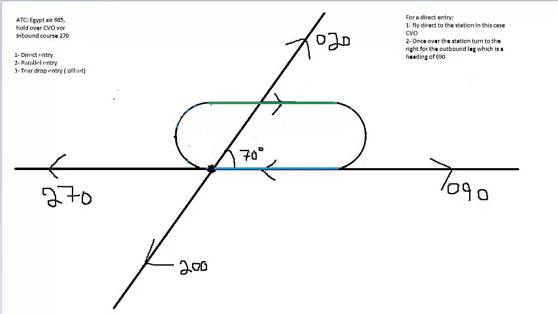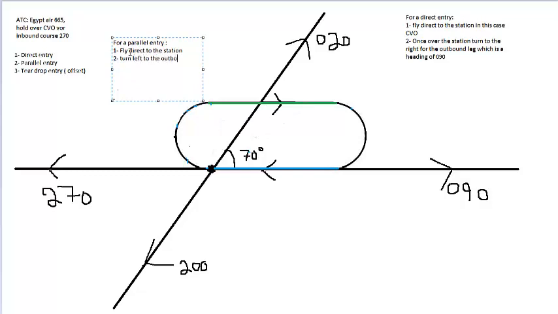In case of a parallel entry, which lies in this sector, so for a parallel entry, the first step is to fly, as always, direct to the station. Once you're over the station, turn left